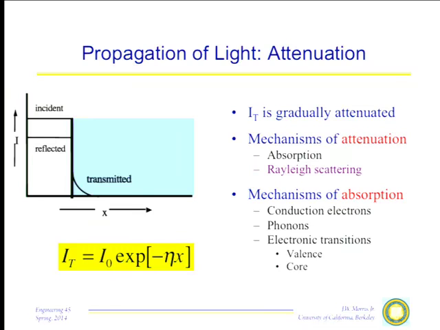There are two reasons for this attenuation. One is absorption, and the other is scattering. Absorption is better viewed in terms of photons rather than waves, but you can think of it in terms of waves. Suppose I have a metallic conductor, for example. When I put an electromagnetic wave into a metallic conductor, unless the frequency is very high,